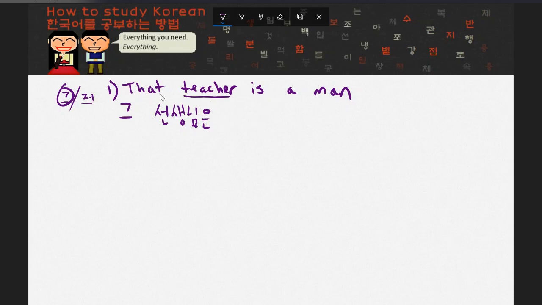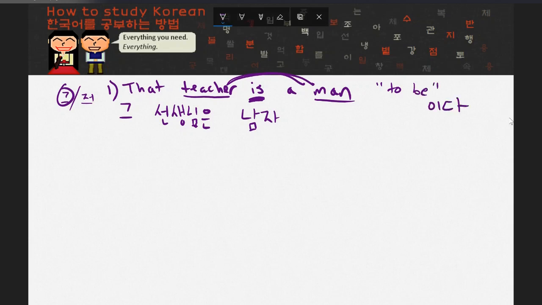Now, I want to indicate that the teacher is a man. The structure for this is what you learned in Lesson 1, and what you would need to do is, well, first I need to put the translation for the word man, and it's 남자. And 여자 means woman or girl, and man is 남자, and it could be boy or man or something like that. Now, in Korean, if you ever want to indicate that something is something, in this case, a teacher is a man, if you want to indicate that something is or are or was or were or any of those to be words, it's the word 이다